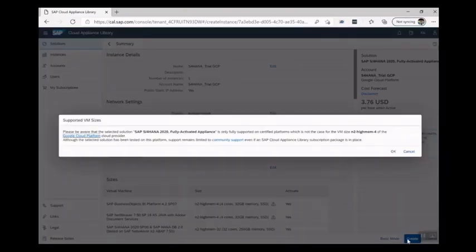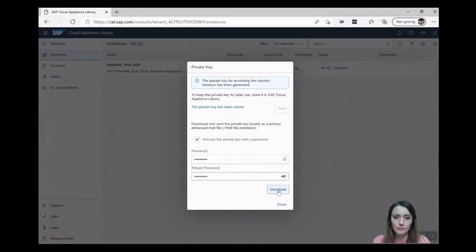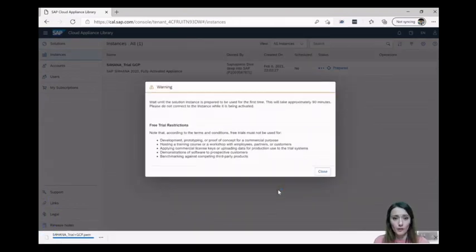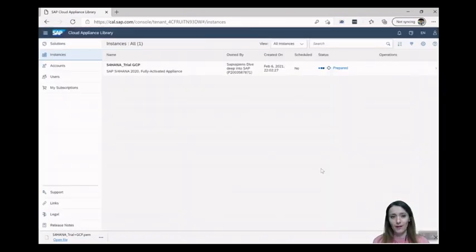So you press it. And SAP is warning you here that the virtual machine that they recommend for the SAP Cloud Platform has not been certified officially by them, so they have not tested it properly. But anyway, for me it was working. And now they tell you here that you will have to wait 90 minutes until that is configured, but the reality is that for me it's only 30 or 40 minutes, so you will not have to wait that long. So now we are installing the instance.